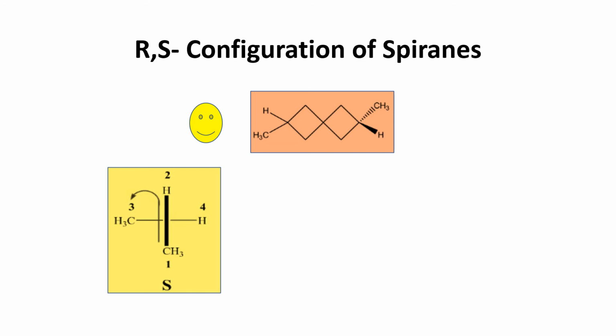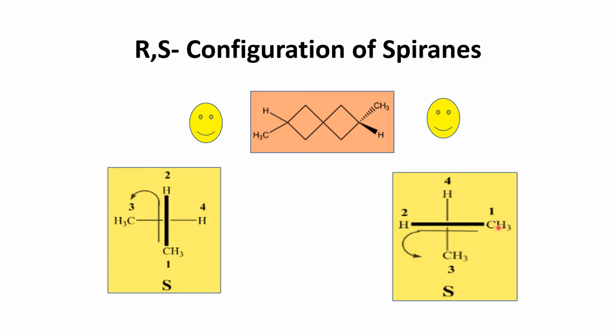And what about if you view it this way? You have to give preference to this side only first. Where we have to write, these two should be in the horizontal line. H and CH3 you have to write in the horizontal line. And if this is the solid wedge, if you see in this direction, it should be on the left hand side. That means right side, on this side, right side. Okay, this should be on the left hand side.